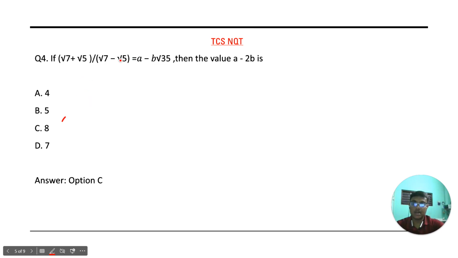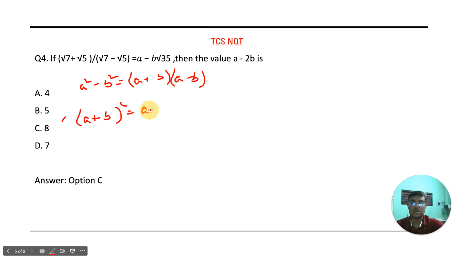So here two of the primary algebraic equations are required, which is a square minus b square equal to a plus b into a minus b, and another is a plus b whole square equal to a square plus b square plus 2ab. Now, if we take the LHS of this equation, we get